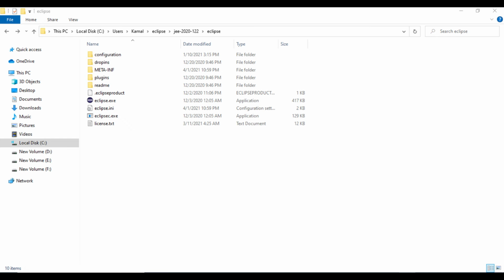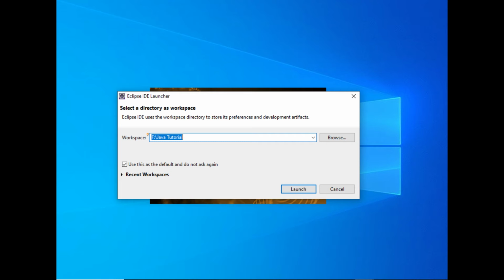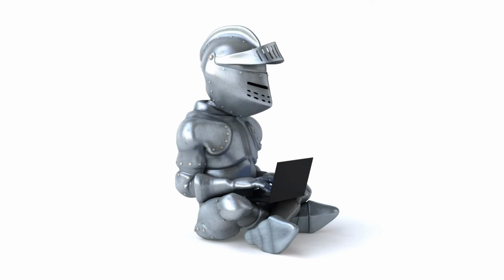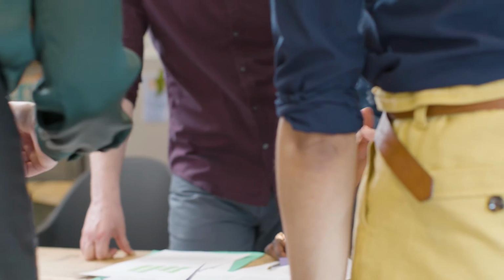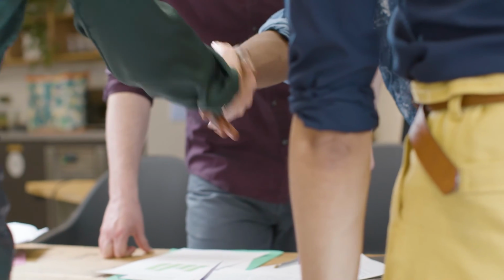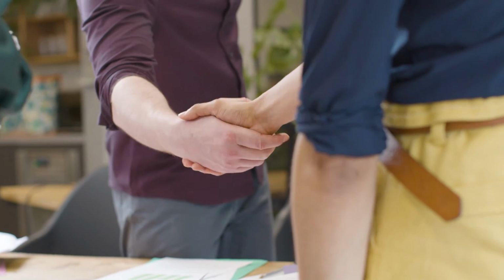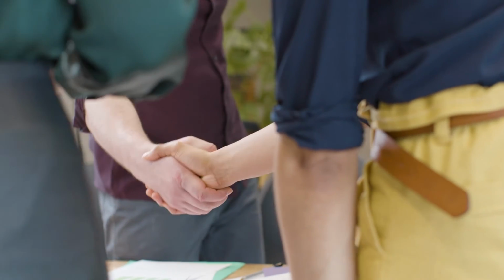It will ask you for workspace, which is basically the location of directory in which all your projects are going to be. Choose any location as per your convenience and you are done with the Eclipse setup. In next video, I will walk you through the project creation, a brief of all the topics we already have discussed using this IDE now, along with compilation and execution of Java programs, so that you are familiar to uses of Eclipse IDE.